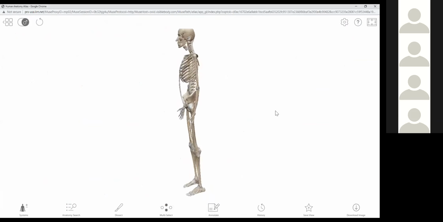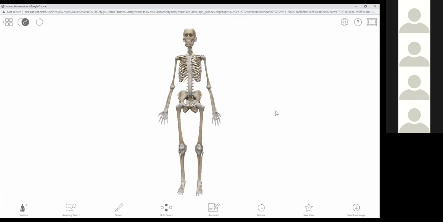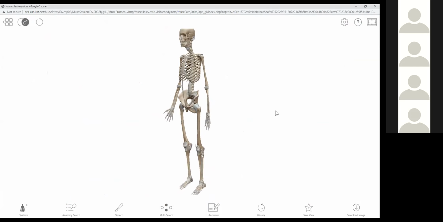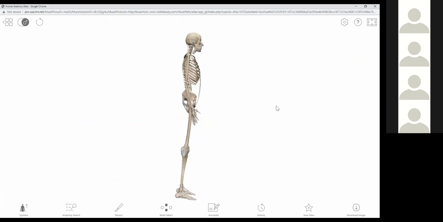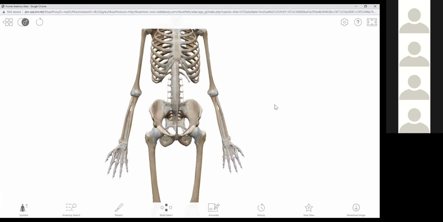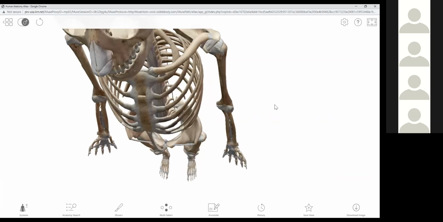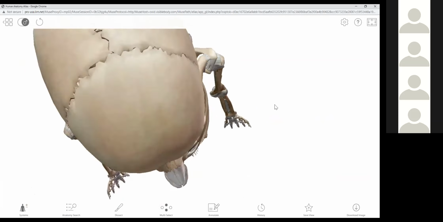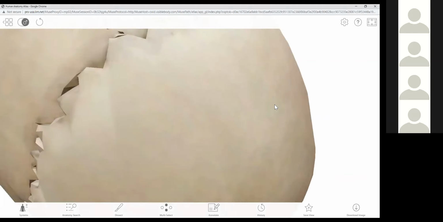It's very intuitive. If you want it to circle in a 360 view, you're essentially just going to use your cursor, select the background, and then you can move it pretty easily that way. I'll show you once we start to select various bones, but the zoom in is really great as well, as far as detail is quite